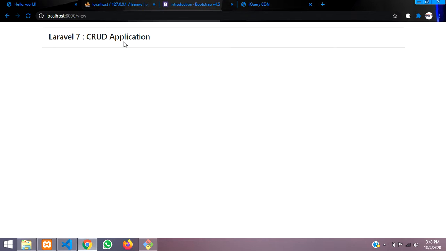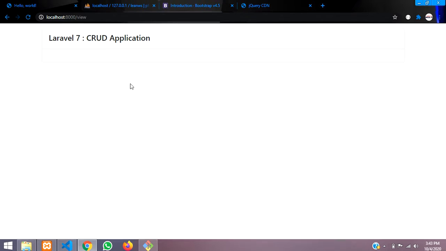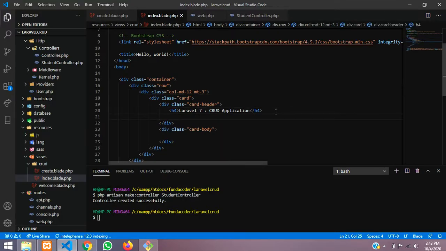So now it's loaded. Now what we are going to do is create a button to add. Let's use an a tag and pass the URL, add student, add student, and we'll give a class btn btn-primary float-right.